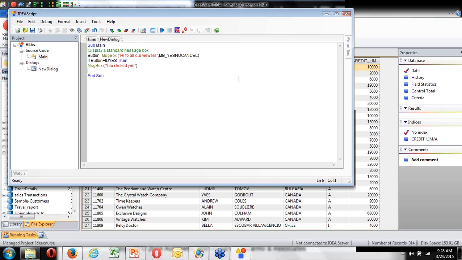Okay, so far. So what I've said is this is going to display a standard message box, not a message box, but a message box. And the button box is going to be hi to all our viewers. And then I'm going to say, give me an MB, yes, no, or cancel for that button. If the button ID is yes, then I'm going to give you a message box saying you clicked yes. Otherwise, so I'm going to say else if, which is an otherwise, message box,